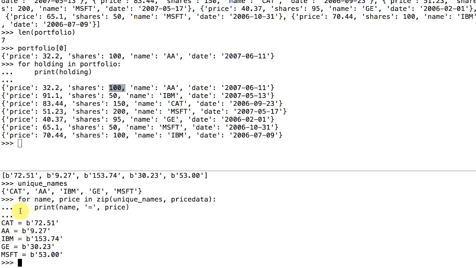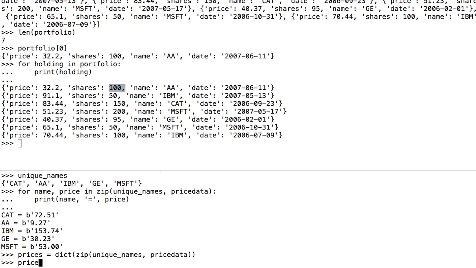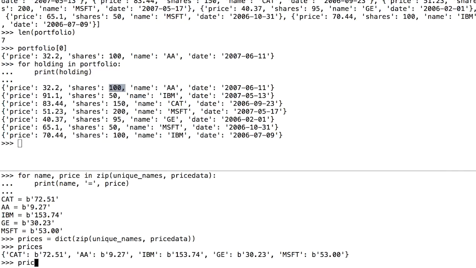Okay, so you do a for loop. What you're going to see is a pairing. It essentially says, okay, cat is 72, AA is 927, and so forth. That sort of pairing like that is something that I could use to build a dictionary, actually. It turns out if you use the dictionary function and you zip two different things together, like a bunch of names and some data, what you'll get is a dictionary where you can look up the different